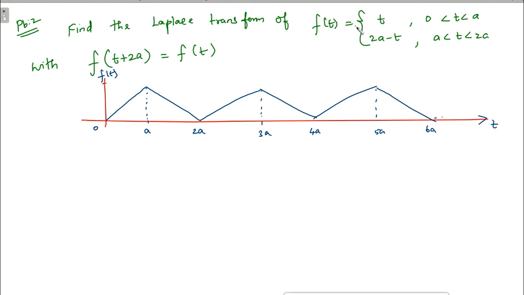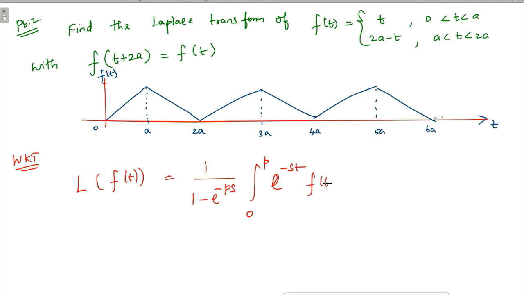So now I am going to apply the Laplace transform of a periodic function formula. By using that formula, I am going to find the Laplace transform. We know that L of f of t equal to 1 by 1 minus e power minus ps, integral over 0 to p, e power minus st f of t dt. So here in this problem p is 2a,